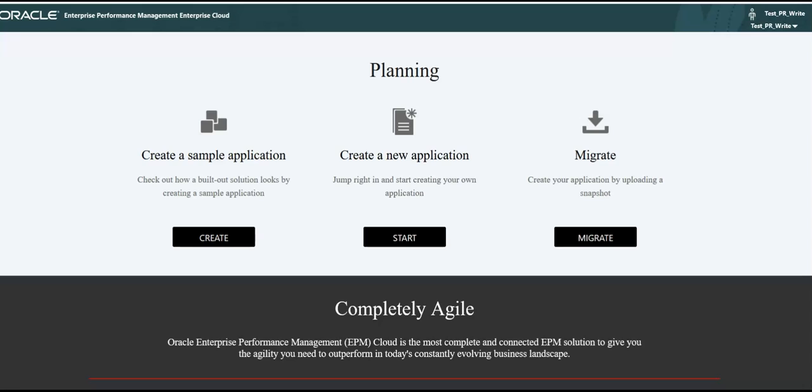In this screen, you will be seeing three options. One would be creating a sample application. The next one would be a new application. And the third option would be the migrate. So for the purpose of this class, I'm going to select create a new application. For that, I'm going to click on start.